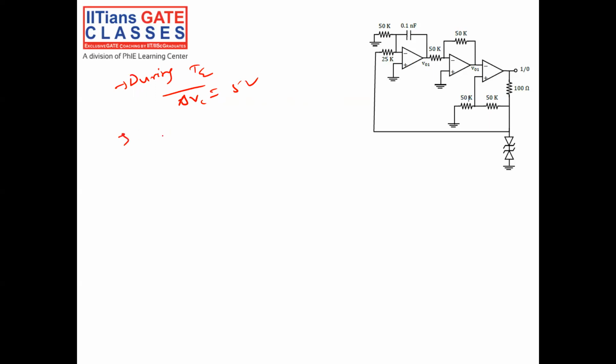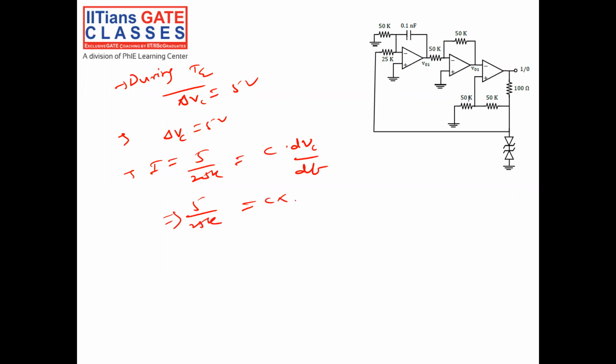And what is the current? So del VC is 5 volt for T by 2 duration, okay? And what is my current? Current is nothing but 5 volt by R, 5 by 25K, right? So current is equal to C into del VC by dt, okay? So this implies 5 by 25K is equal to C into del VC, which is nothing but 5 volt, by dt, which is nothing but T by 2,